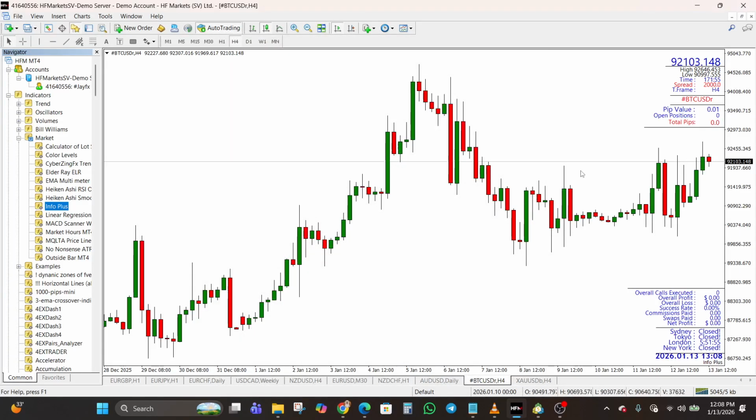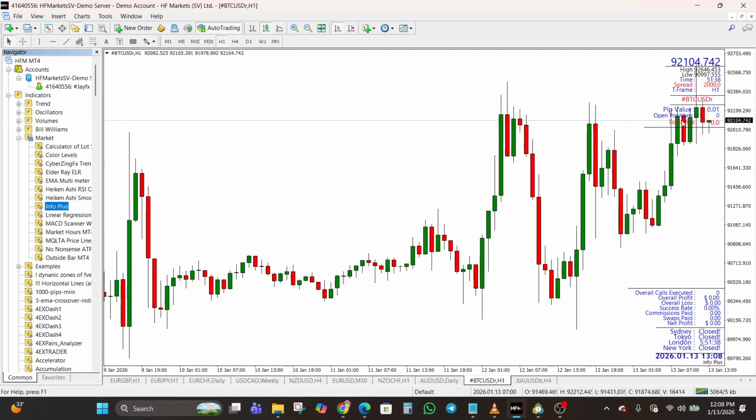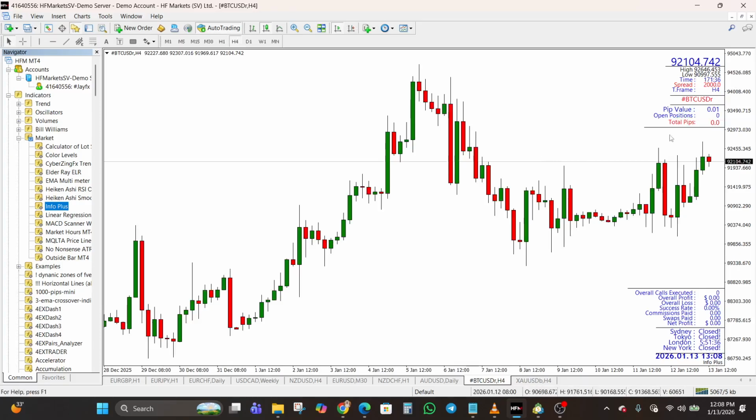So now this is how the indicator looks like. Okay, you can see important information: current price, high price, low price, time spread, the time frame. You can see we are currently on the H4, so the H4 is showing here. If we move to H1, it changes to H1, right? And all of that. And you can see the pip value, open positions, total pips, and then you can see